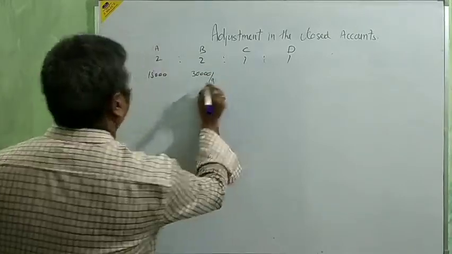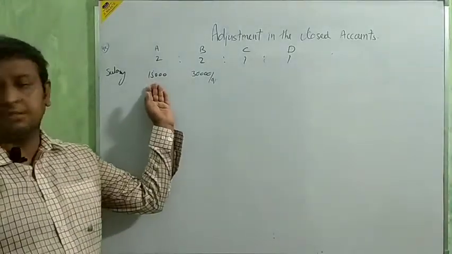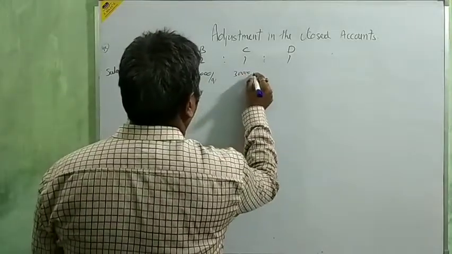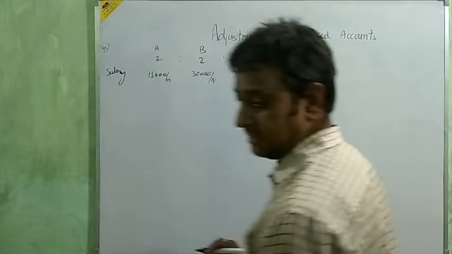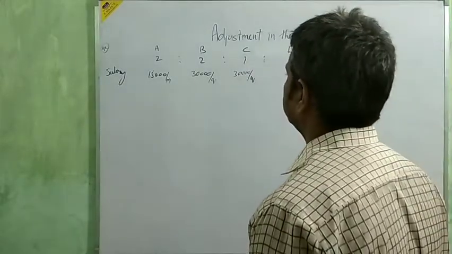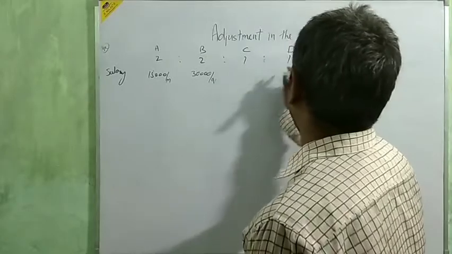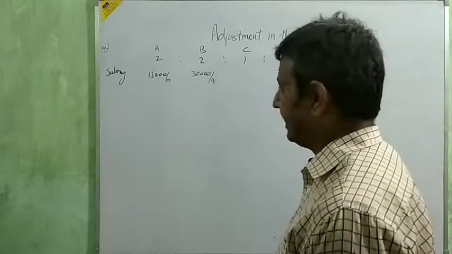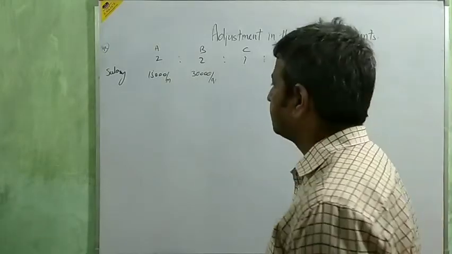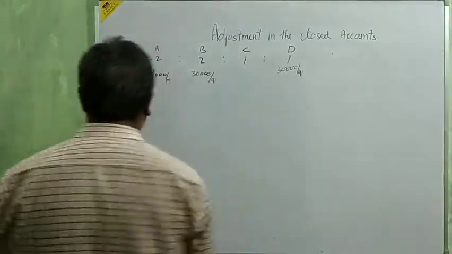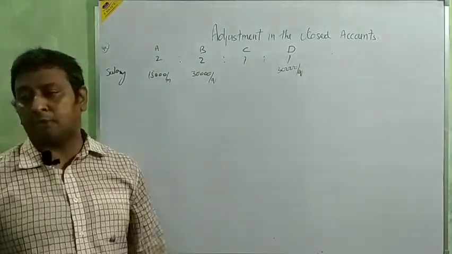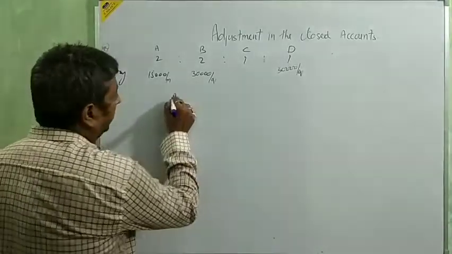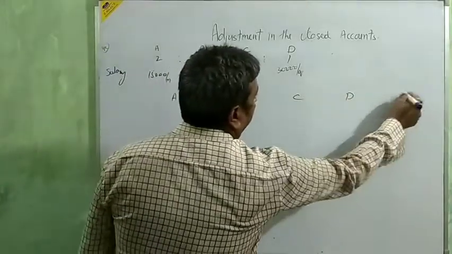Is it per annum or per month? Per month. 15,000 per month, na beta. Okay. And B and D are 30,000 per quarter. And C? Not given. Okay, next. Anything else? No. Finished. Only this. Okay, now we are going to solve this question. If this salary is not provided, then the problem comes about this salary. Okay, beta. Then we are going to solve the question with A, B, C and D and total.